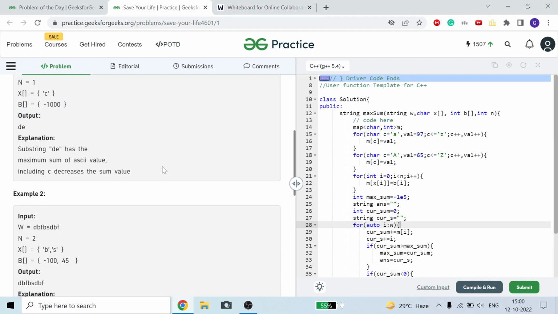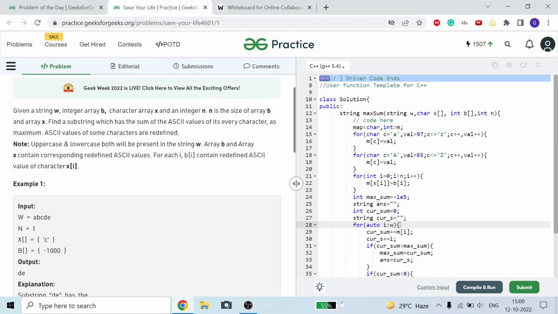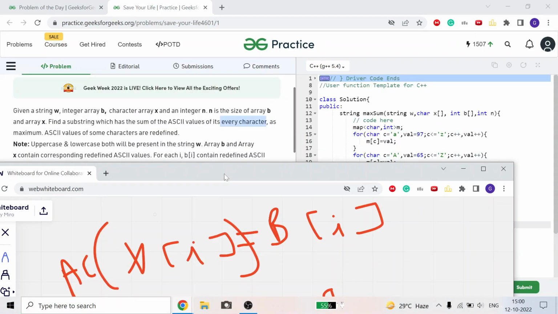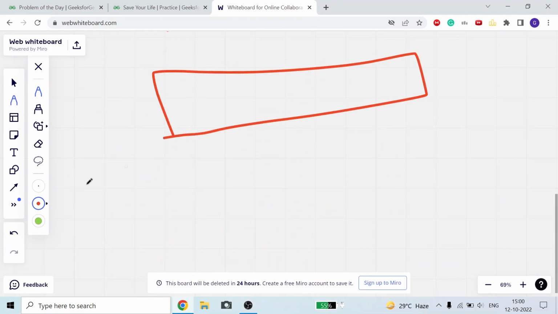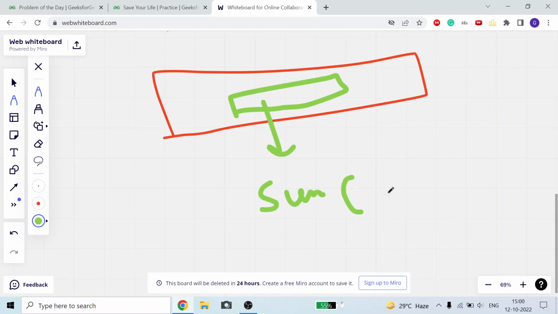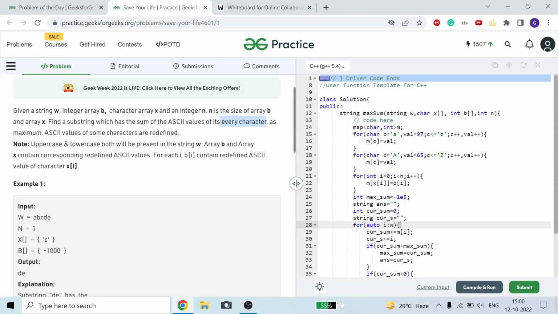Okay guys, so now we have to find a substring which has the maximum sum of ASCII values of every character. There is a string, and I have to find some substring within it whose sum of ASCII values of each of its characters is the maximum, and we have to return that string.